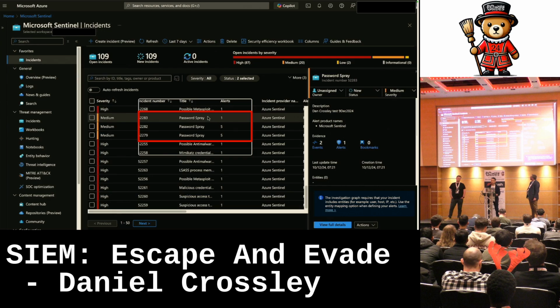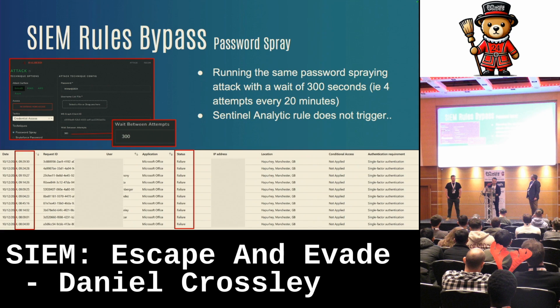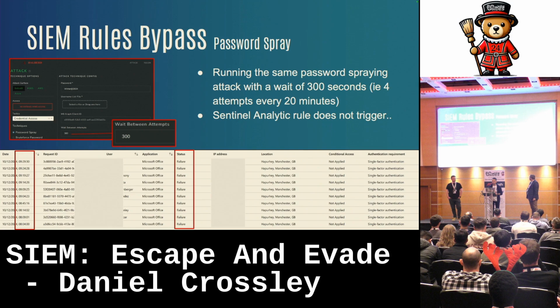But something as basic as setting our tool, Halberd, to wait 300 seconds in between attempts means that we're trying 4 passwords every 20 minutes, right? And that flies under the threshold, and subsequently the Sentinel analytic rule obviously does not trigger. Okay, so password spraying, I think, is a good example of correlation rule logic subversion, and I think, interestingly enough,